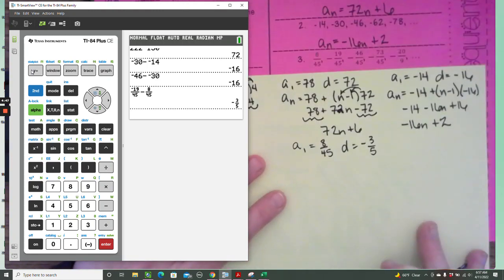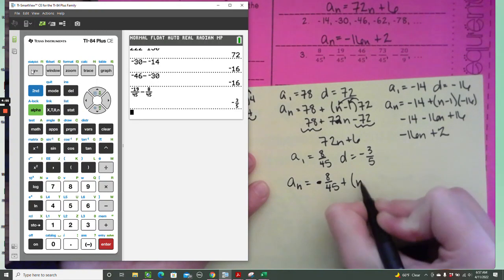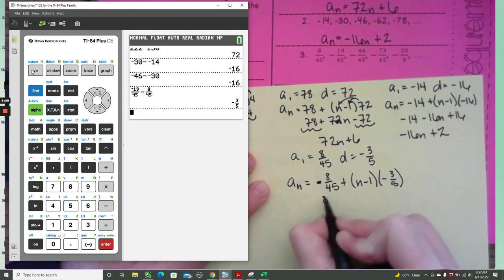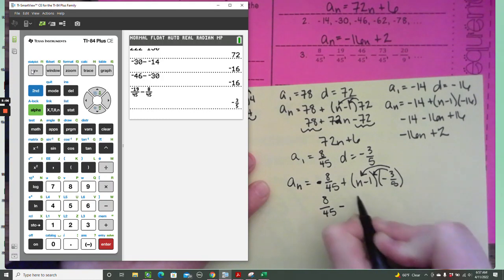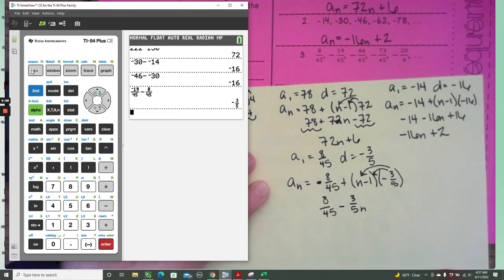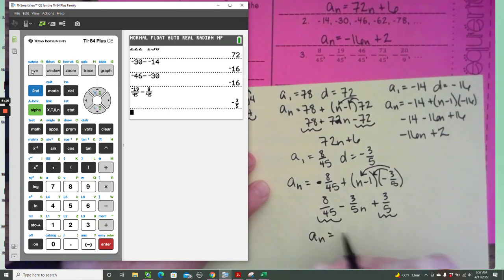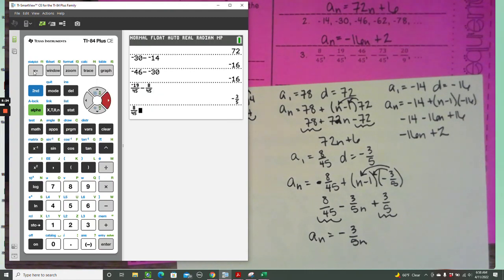So I would have a_n equals 8 over 45 plus n minus 1 times negative 3/5. Distribute that negative 3/5 out. So minus 3/5 n, and then plus 3/5. Combine like terms. So a_n equals negative 3/5 n, and then 8 over 45